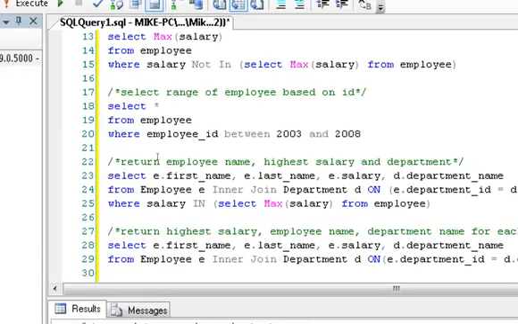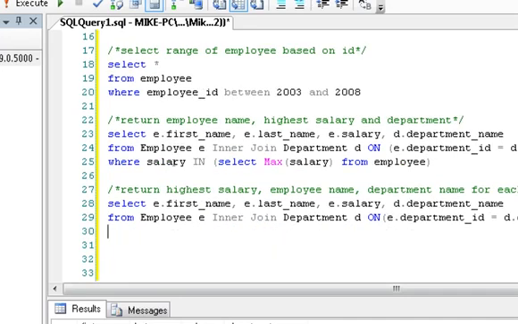And this query is going to be pretty much the same, but we're going to make a couple of changes in this subquery here. So we want to go WHERE salary IN (SELECT MAX(salary) FROM employee). We're going to get the same query if we execute this,